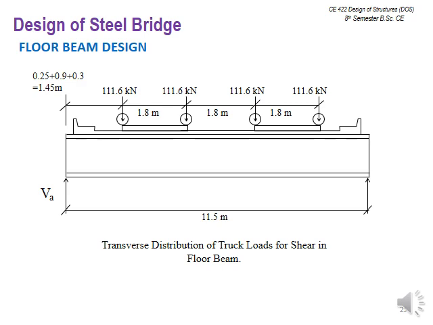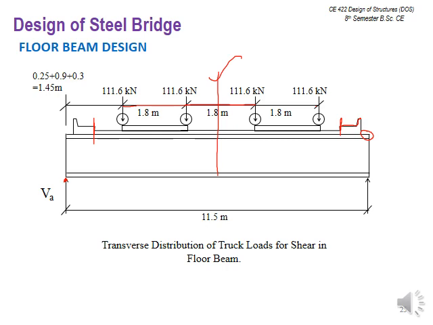For the shear force, this is the standard criteria. You can also see in the figures, and take a reference from the AASHTO specifications. For the shear you have to apply the reactions on the extreme edge of the floor beam, considering the clearance and the curb path. You may have a barrier, you may have a curb, and then here starting with the road. In between you have 2 lanes. So this distance should be 1.8 meters. We have discussed earlier, this should be 1.8 in between also.